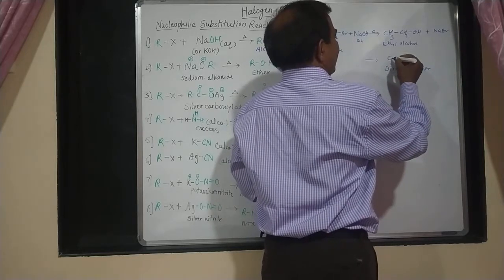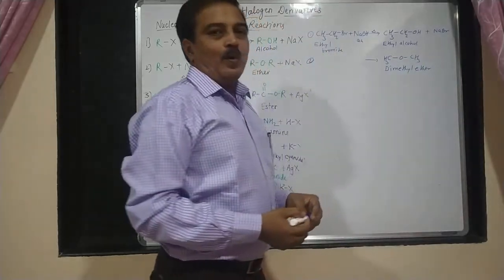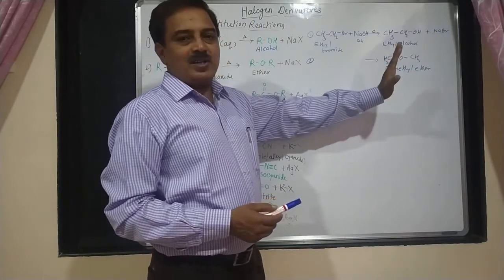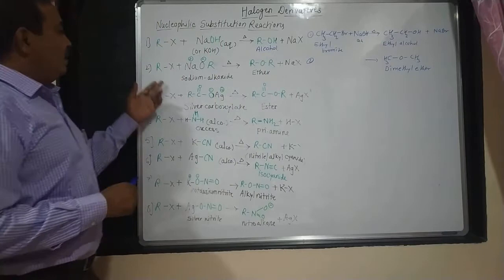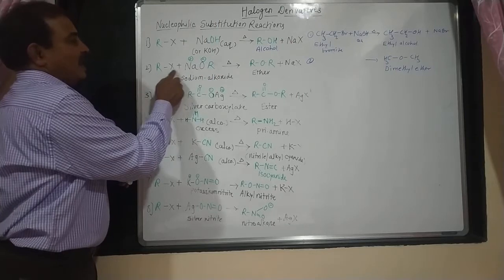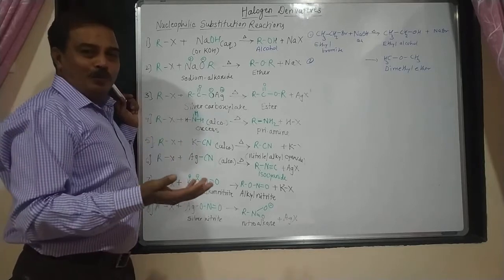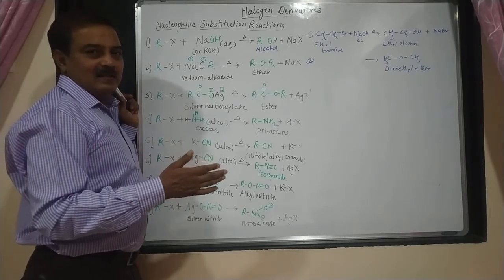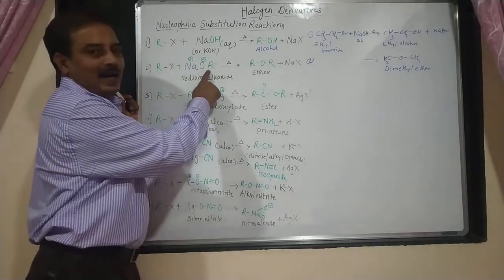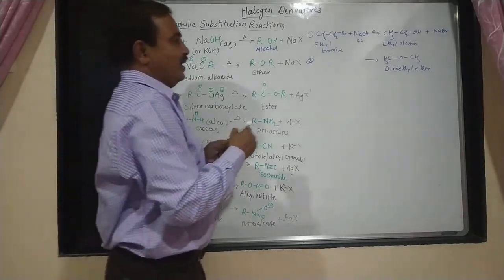First of all, I will draw the structure of dimethyl ether. Whatever product is asked in the examination, you will draw the arrow and immediately draw the structure of an alkyl halide. Now, which reagent do we have to take? Here are two reagents, alkyl halide and sodium alkoxide. Whenever you prepare ethers by using alkyl halide, the combination is fixed: sodium alkoxide. So the RX you can take here is any RX.